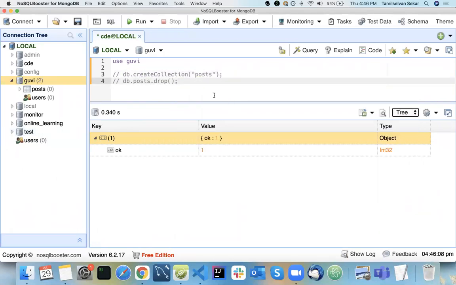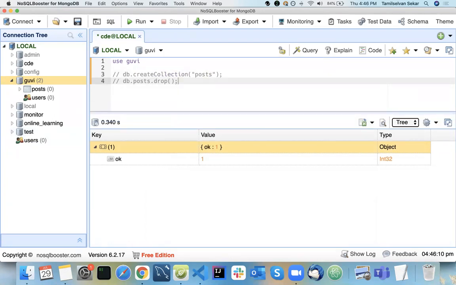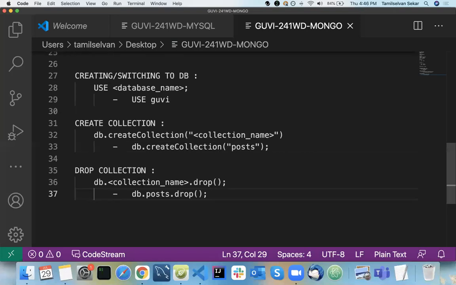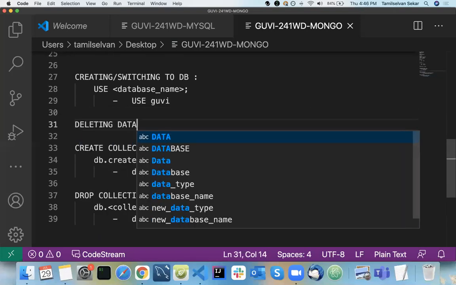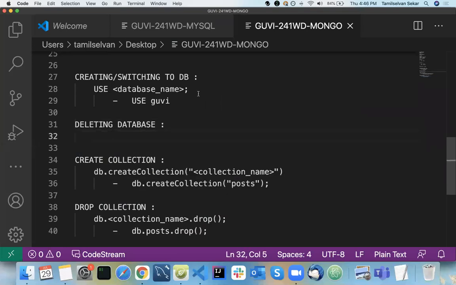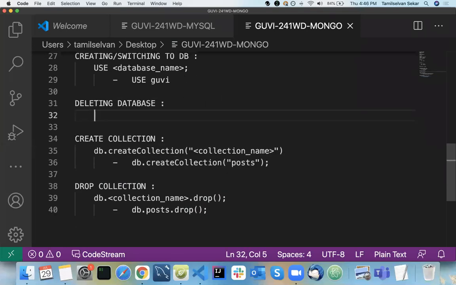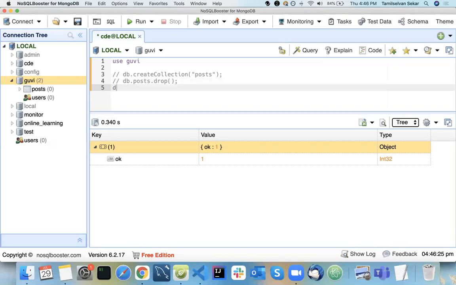Suppose if you want to drop your database, meaning deleting your database, how to delete a database? Same, first you need to point to that particular db. So db dot, there is again a function called dropDatabase.